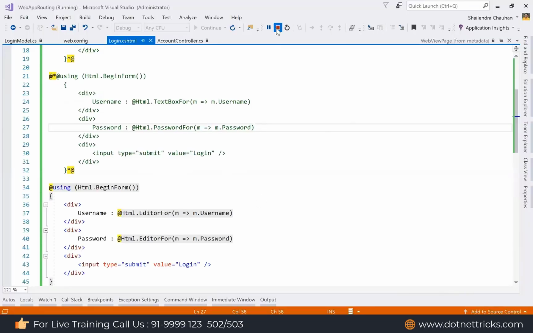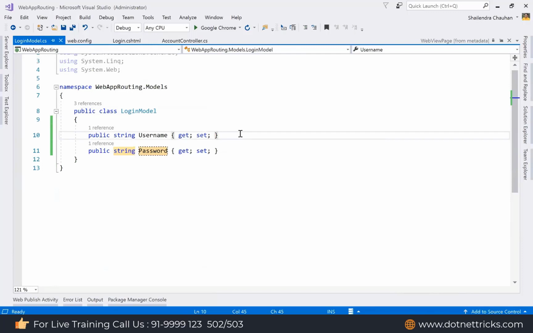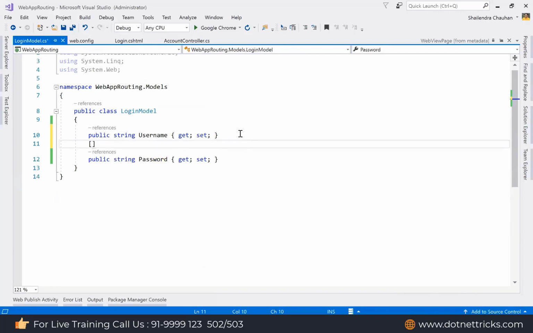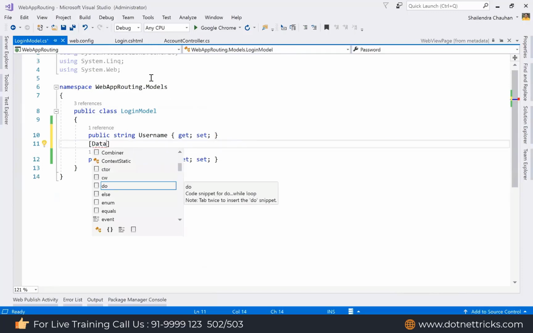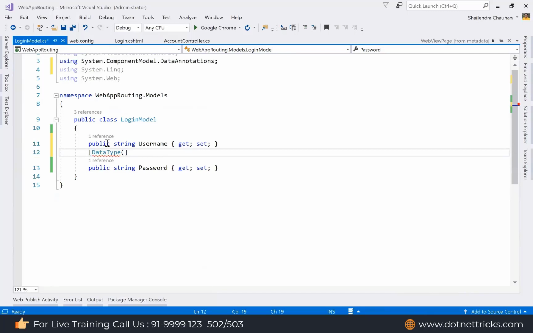But we can control the rendering behavior of the template helper by decorating the property with the DataType attribute. So I can use the DataType attribute here, DataType and Password.